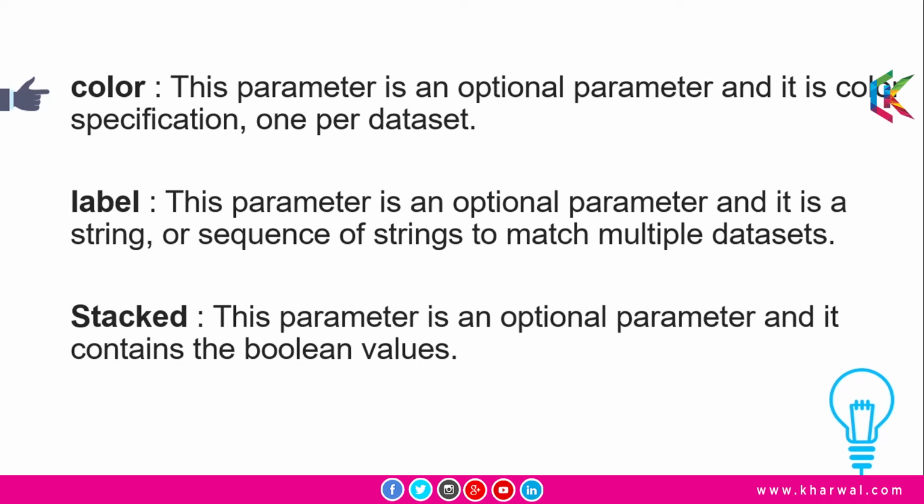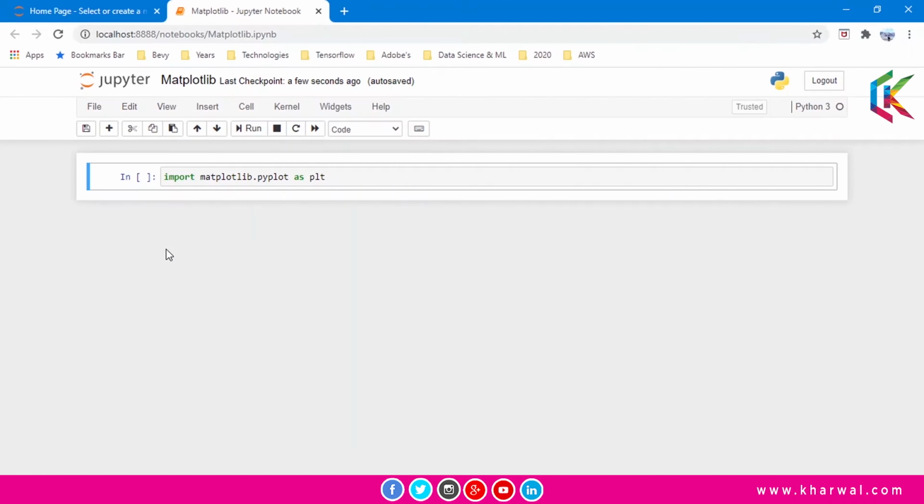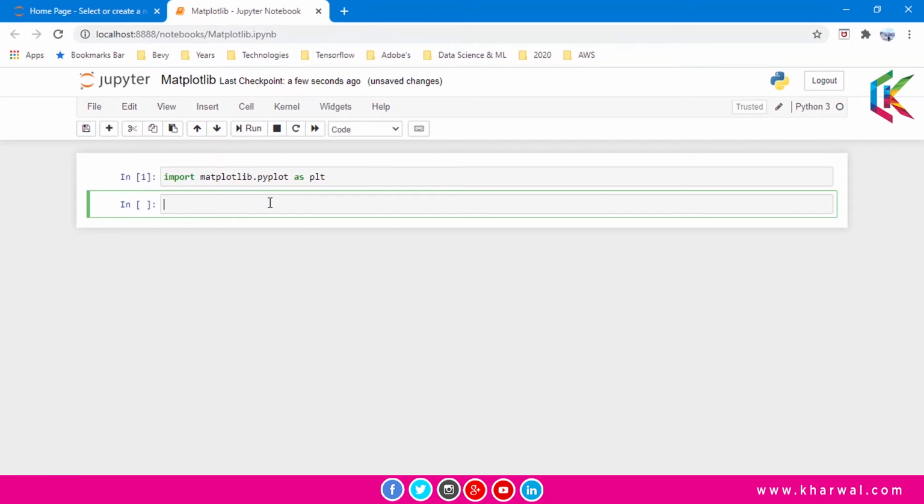So let me open up the Jupyter notebook. To draw a histogram plot, first of all we need to import matplotlib.pyplot as plt and run this script. Now we are going to use the hist method.